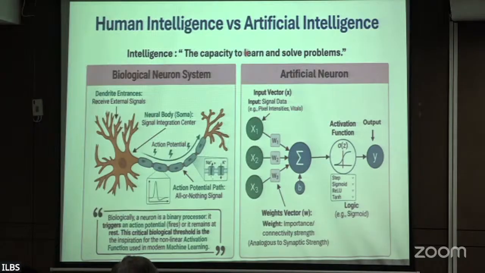The intelligence is the capacity to learn and solve the problem. In our biological neuron system, the dendrite, the neuron body and action is there. So dendrite is for capturing the information, processing the data is done in the neuron body, and how the action is taken, that depends upon the neuron response. Means if it will fire or not, that decision is taken in this neuron body. So it is a binary processor, either the neuron will fire or not fire,